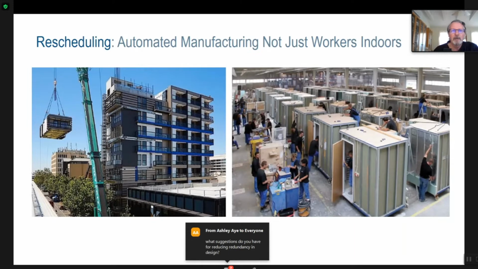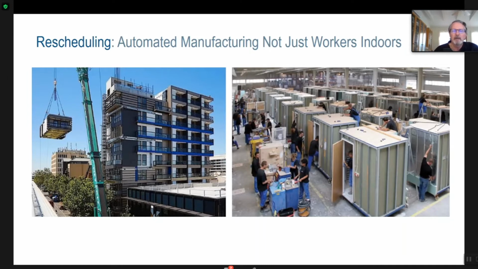But you see what's happening here is these workers in these groups, while they have good access to their tools and a safe environment and can be very productive, they're working on one bathroom module at a time, and they move down to the next module as they go. And look how many teams are in there doing that. I mean, this is not even as good as Henry Ford's moving assembly lines from 100 years ago. We're not applying lean practices even without automation. So yes, we're creating these volumetric modules, and we're shipping a lot of air around the country. So the mixture of panelization and volumetric modular is important. And whether you're just doing workers indoors or whether you're doing automation is important.